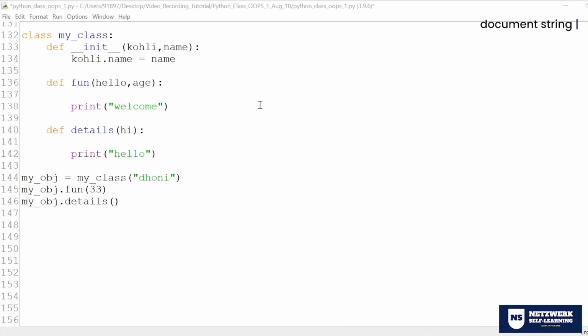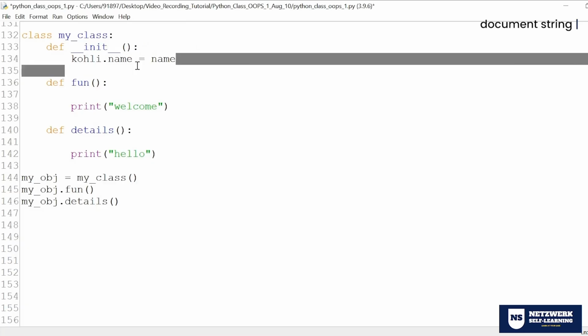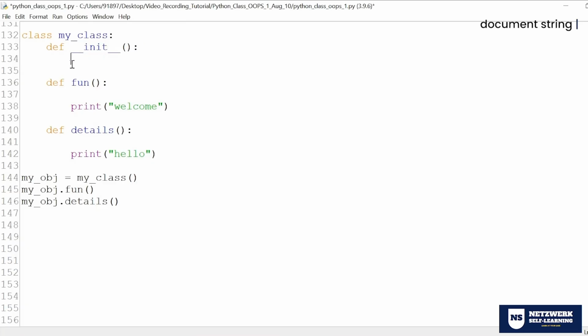Okay. So I'm going to teach you something. Now both my functions don't need any argument. So what I have to do? Remove this. Remove this. So now I need to pass no argument. So here also no argument. This is also not needed. Right. Now the question is that since this specific class scenario doesn't need any external data, is it necessary that I have to keep init here? Not at all needed.